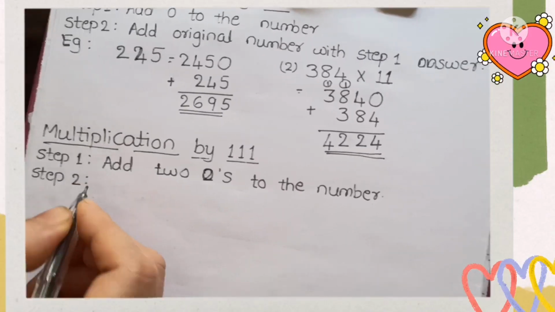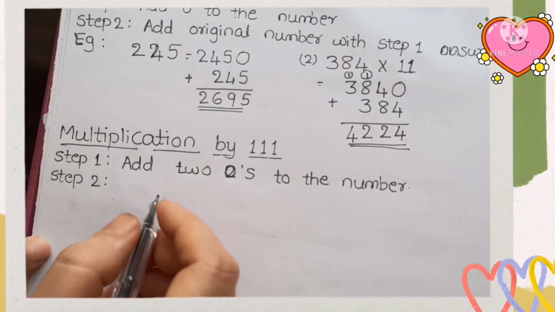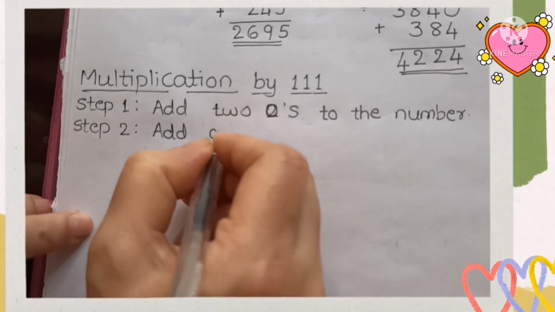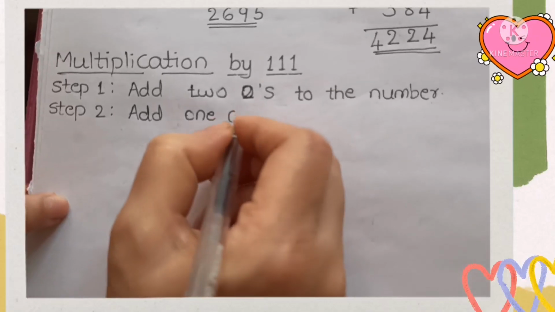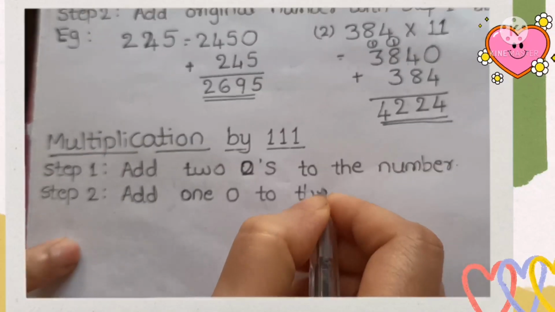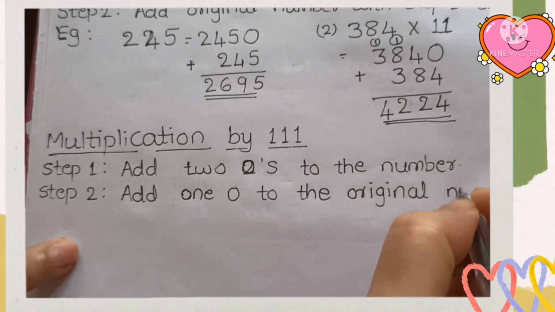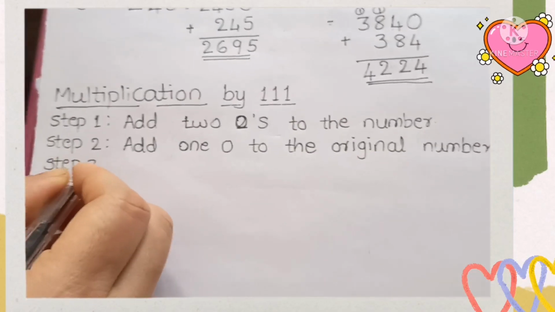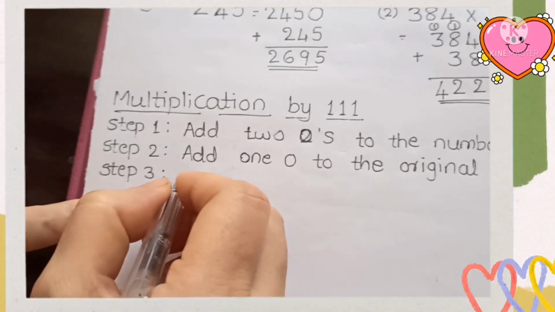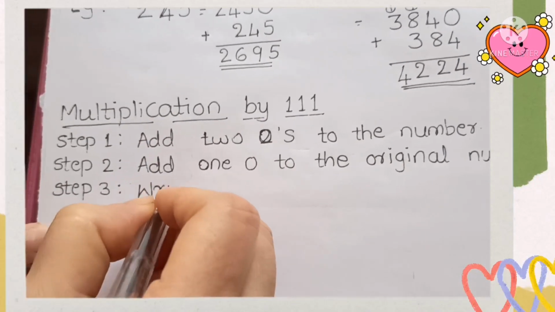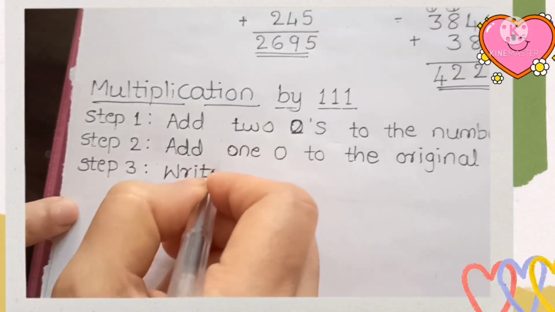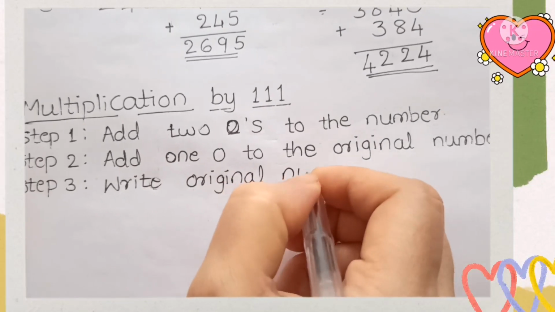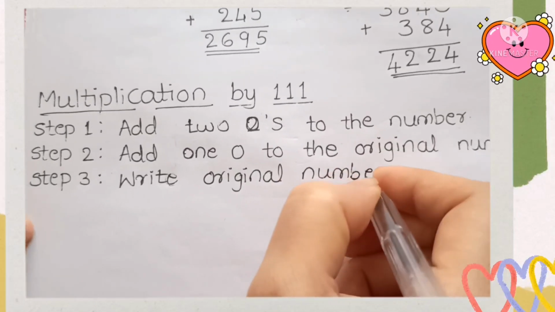अब हमारा सेकेंड स्टेप है कि हमें हमारा जो ओरिजिनल नंबर था 59, हम उसको 1 0 लगा देंगे और 1 0 लगाने के बाद हमारा नंबर बन जाएगा 590। हमारा थर्ड स्टेप वैसे ही इजी है। हमें थर्ड स्टेप में जो हमारा ओरिजिनल नंबर है सेम वैसे ही लिख देना है, मतलब 59। हमने फर्स्ट स्टेप में 59 को 2 0 लगा दिए थे, सेकंड स्टेप में 59 को 1 0 लगा दिया था और थर्ड स्टेप में 59 वैसे ही लिख दिया था।